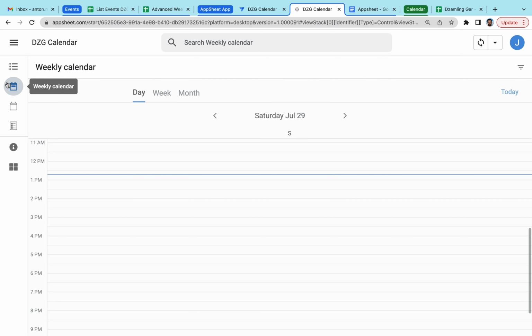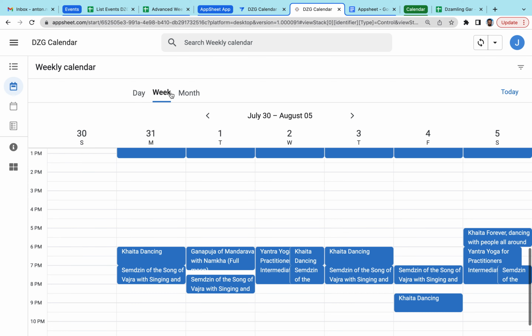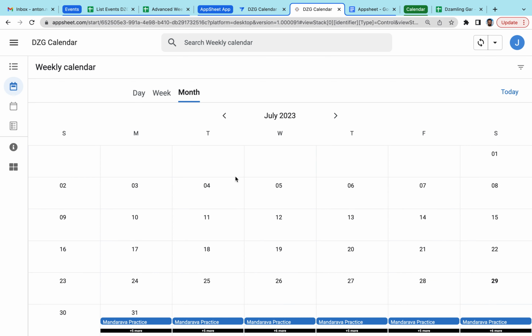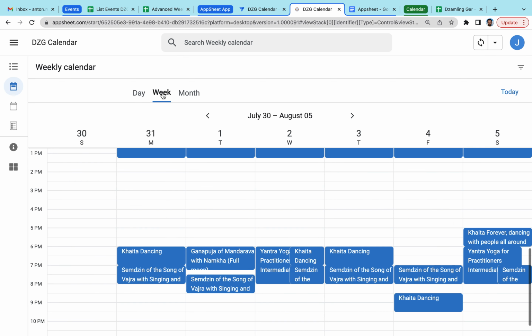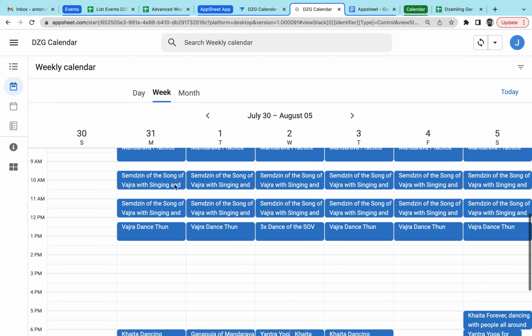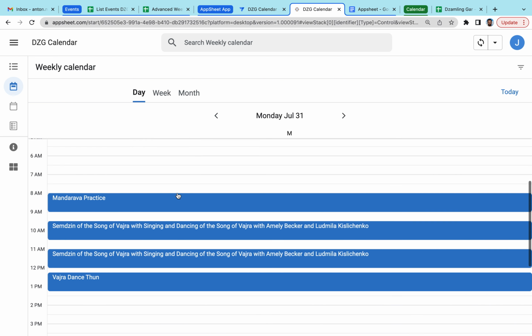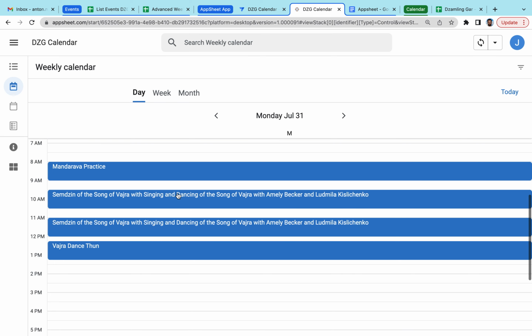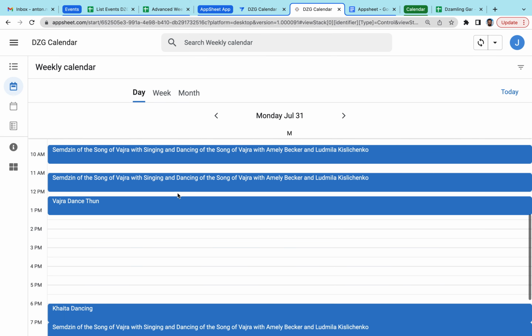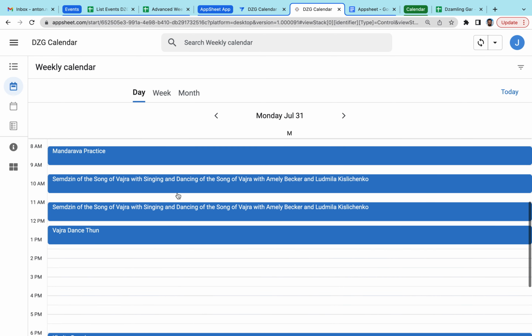And the other way to see it, the weekly and the monthly view, is a calendar. So maybe monthly is not so relevant, but weekly maybe more, so you can see during the week how it looks, and also you can have a daily view, and you can see it as you see it in the Google Calendar, for example. This is something that most people who use Google Calendar are familiar with.